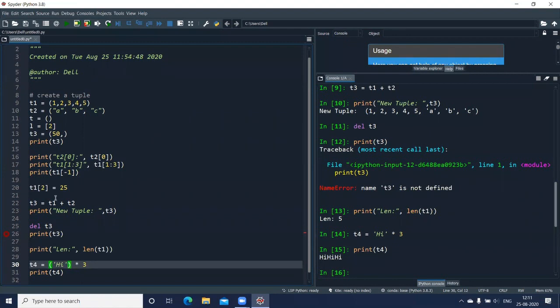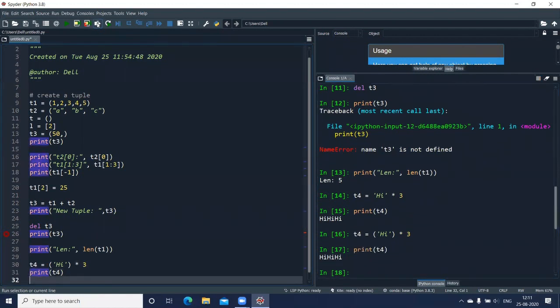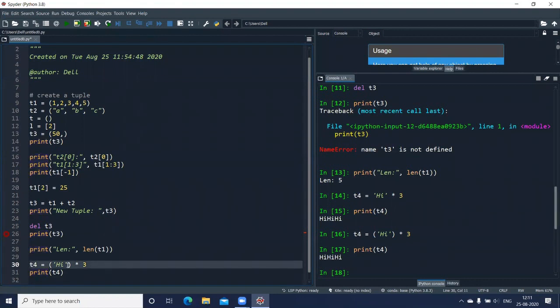Let us run this line now and then display it. Any changes? No. The previous one where we had used only hi in single quotes, that was a string. Clear?